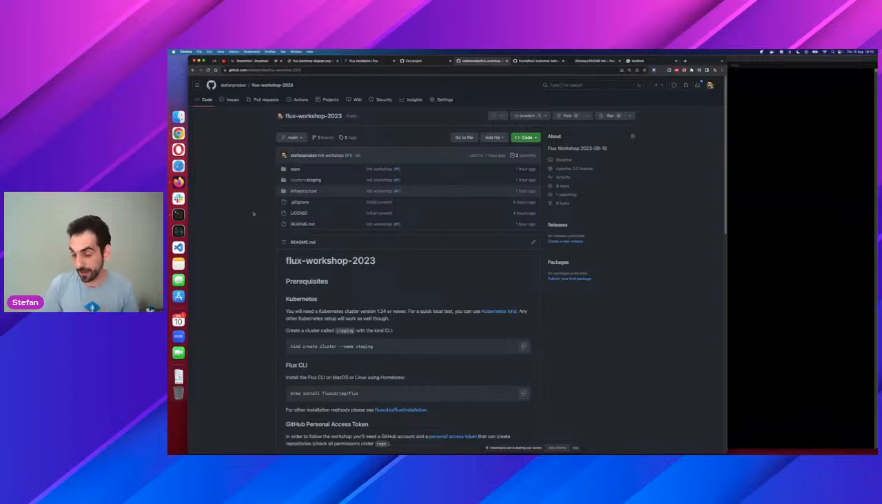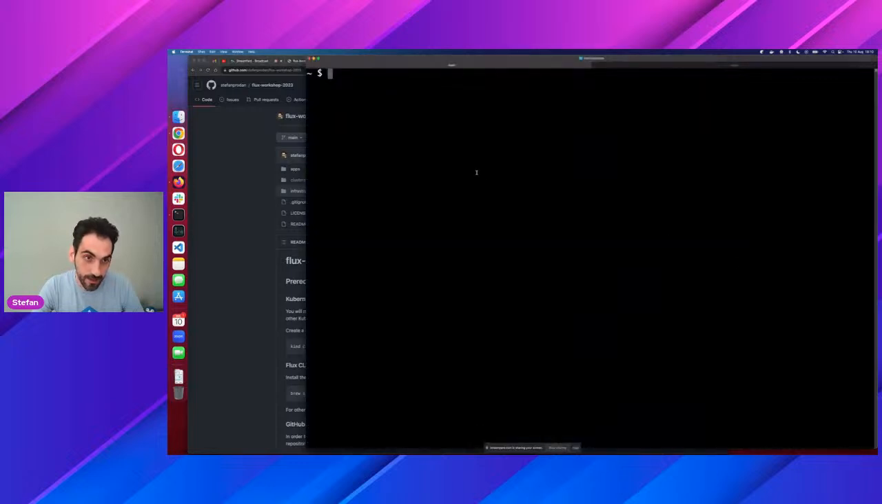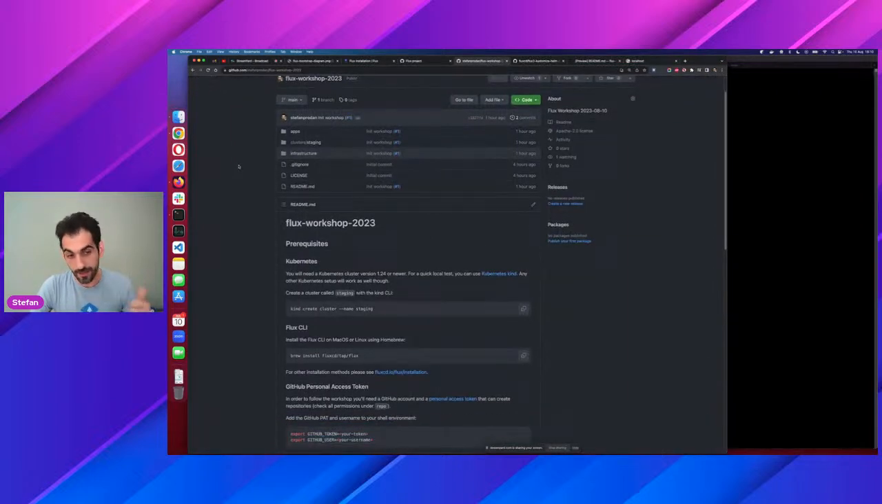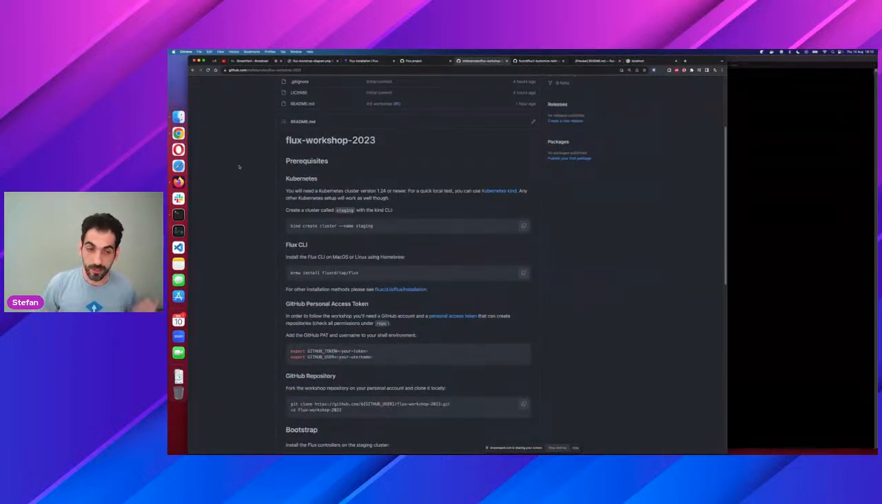So for example, I'm running on a MacBook. I have Docker for Desktop, and I can run this command, which is kind create cluster, and I'm going to name my cluster staging. I'm going to run this command, and the cluster will kick off. So that's step one. Step two, you need to install the Flux CLI. The Flux CLI is a binary that works on any desktop system, be it Windows, macOS, Linux, Linux ARM64, and so on. You can install it using brew for Mac,